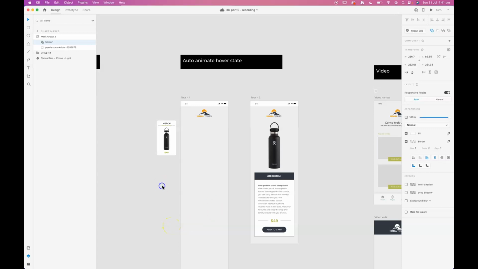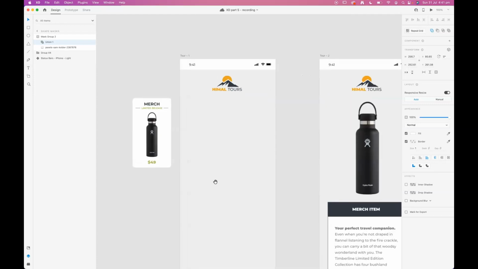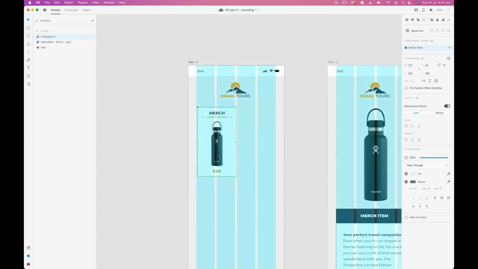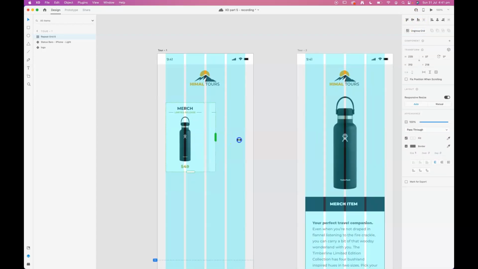I am making a little shop here for my Himmel Tour app, and I've created a component to use for our shop. So I'm going to pop my component onto the screen where I'm going to build the shop, and I'm going to make a repeat grid